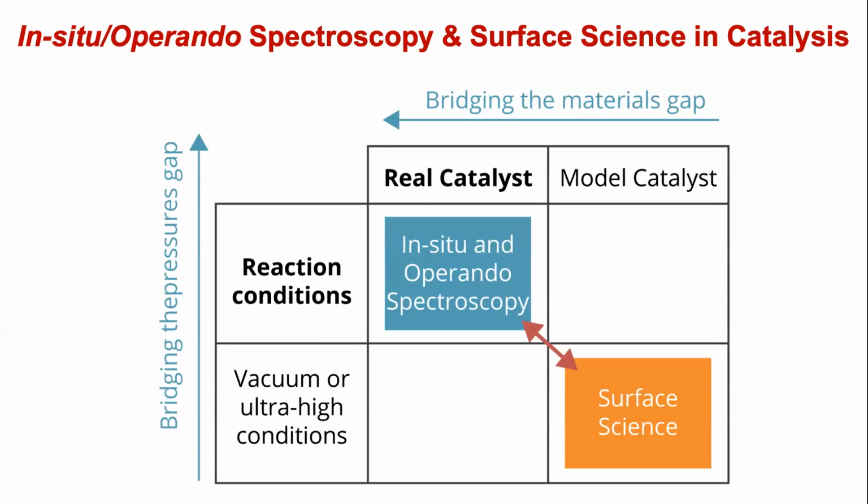So there has been a quest. People have tried to develop in situ operando methods, or bring spectrometers to the real reactor. But what you have also seen is that in the 1960s, microelectronic devices were developed, which led to the chip industry, which actually brought a lot of surface science methods. Surface science methods have been embraced by the catalysis community as well, and have been used, for example, for studying single crystal facets